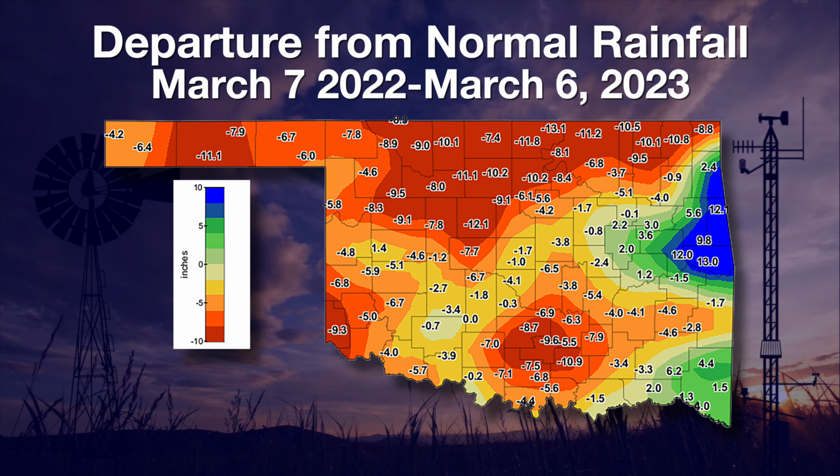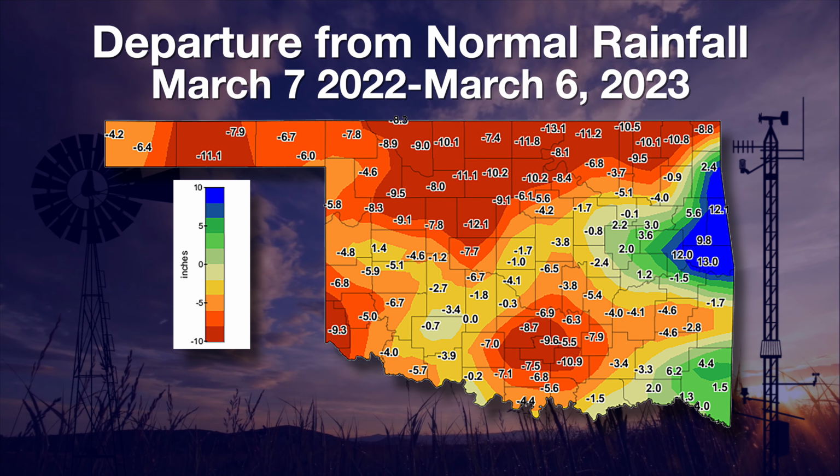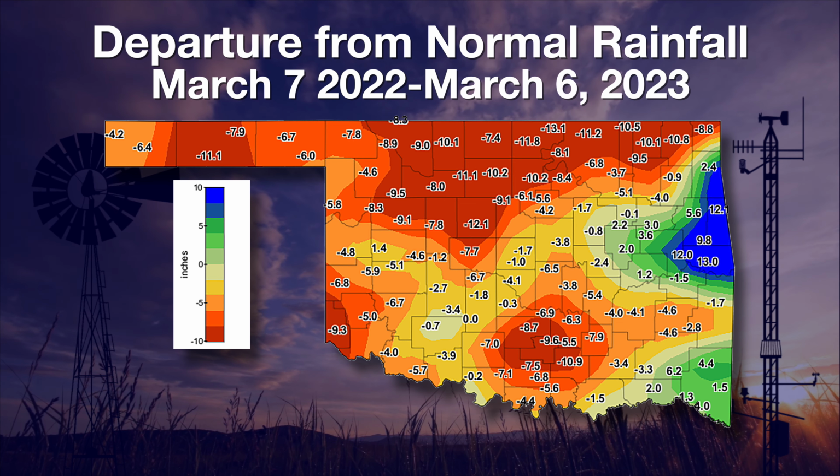So why are we without drought in some of those areas? Well, those short-term surpluses have overwhelmed the impacts of the long-term drought. But it does show you that if we go back into a loss of rainfall in the future, we would probably go back to those drought conditions